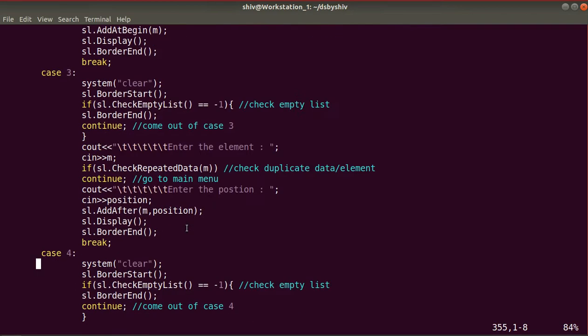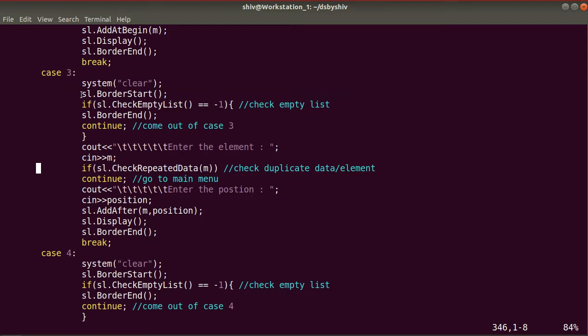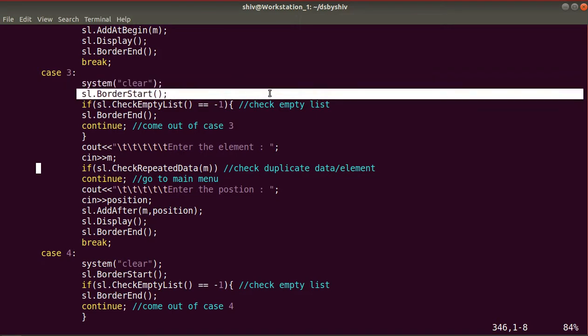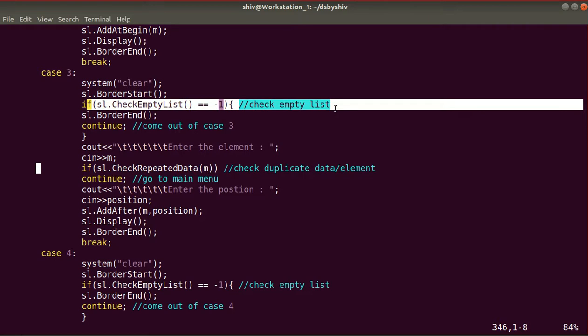Okay, similarly for case 3, case 3 is add after, means after a particular position we need to insert our node. So the same we will do here. We will clear the terminal, call this method border start. We'll check whether the linked list is empty or not.